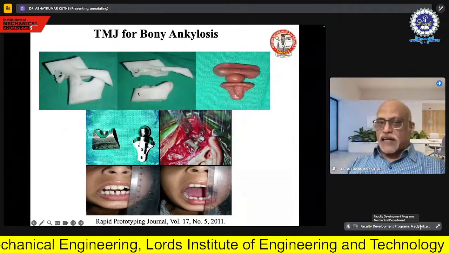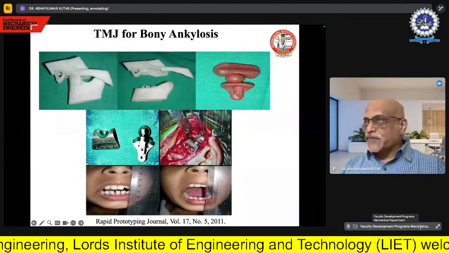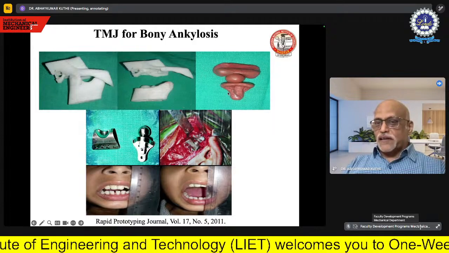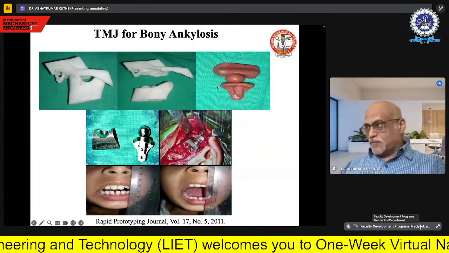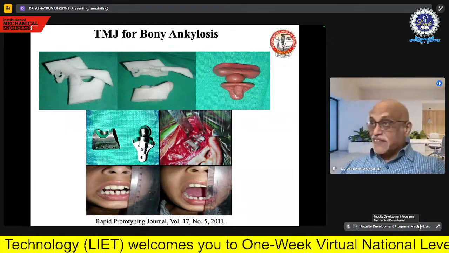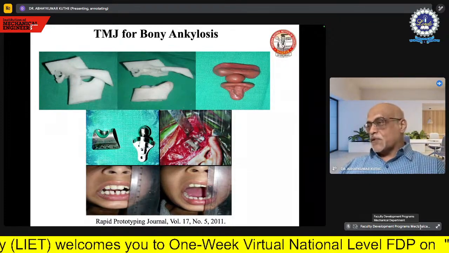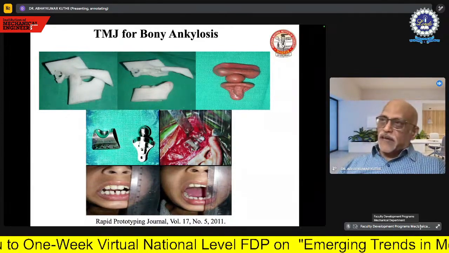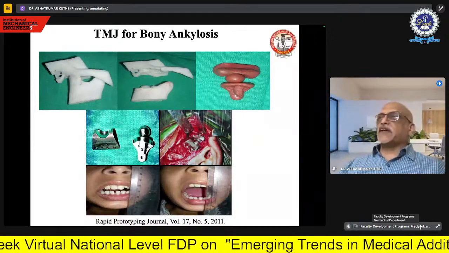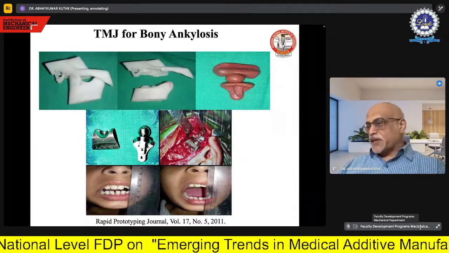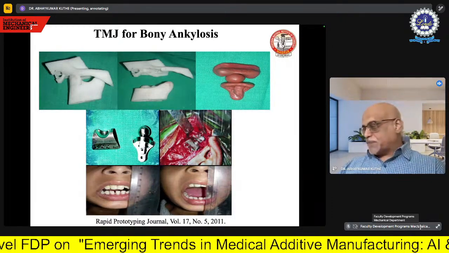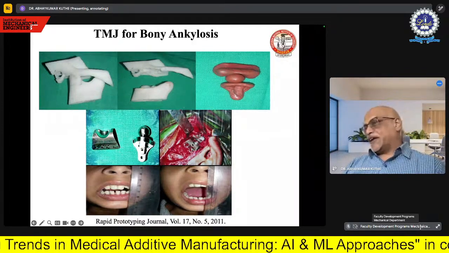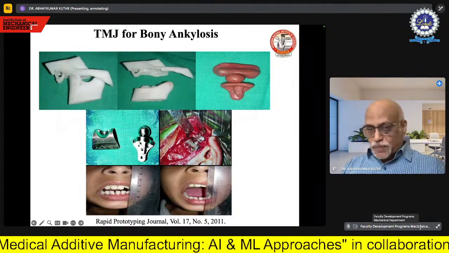myself and the doctors, we have started interacting about what type of joint we should first develop. You can see here, we have used the clay model to just set the form of the part. This is what we call the concept, because the doctors will have a major role to play in that, and he is very comfortable using the clay. So then we have reverse engineered it, got the 3D printed model, again got the permutation combination of that particular product, finally manufactured this metallic implant, and that we have fitted into the patient body. So this is the customized one. That means suiting to the patient's anatomy.